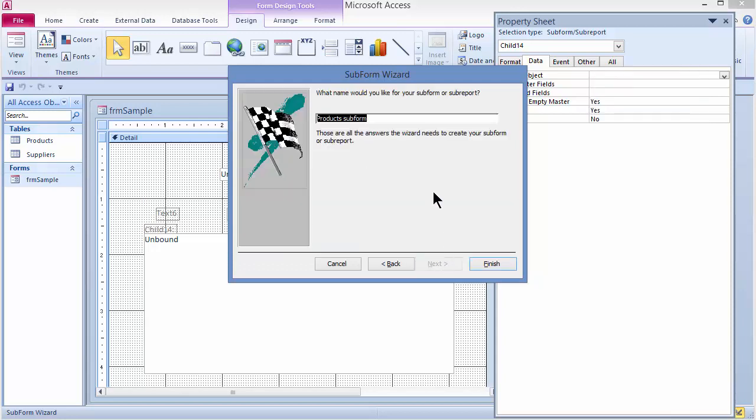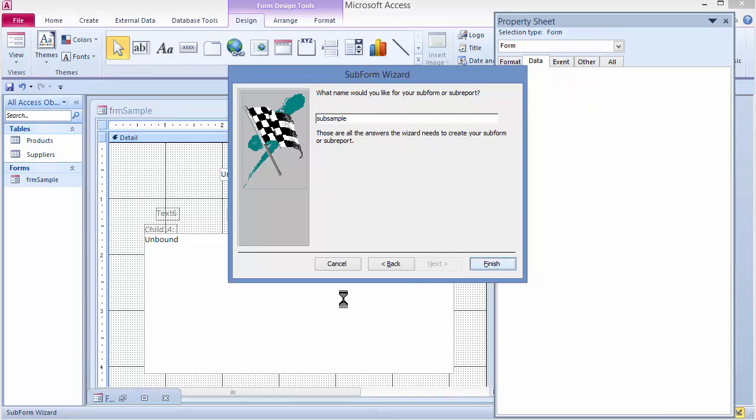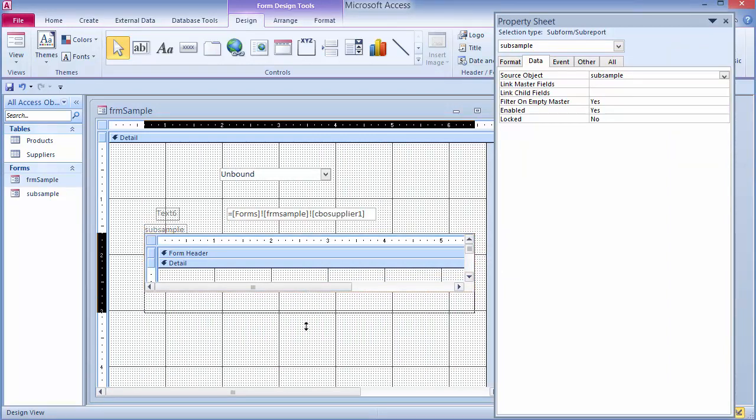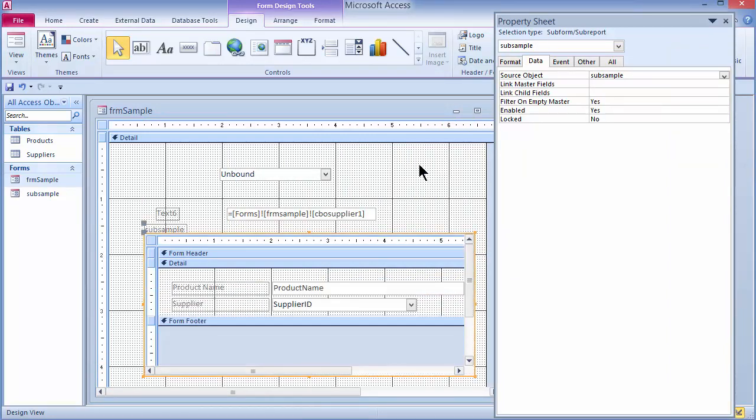I'll click on Next. It's asking for a name. I'm going to call this subform sample, and I'll click on Finish. And I will just go ahead and stretch things out, give myself a little more room. Now if I move to Form View,